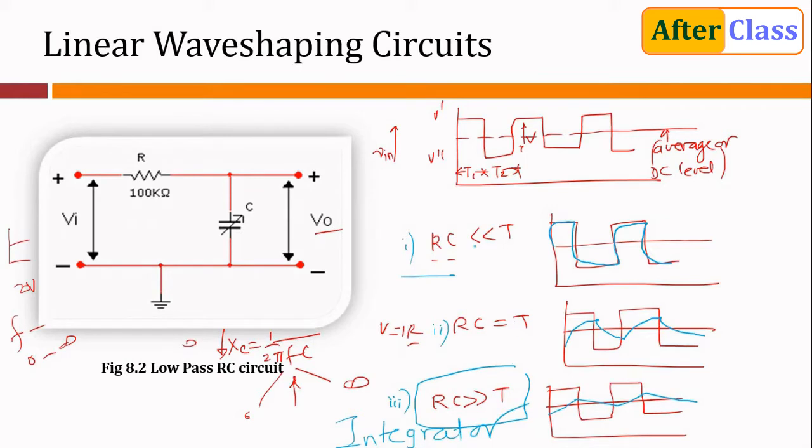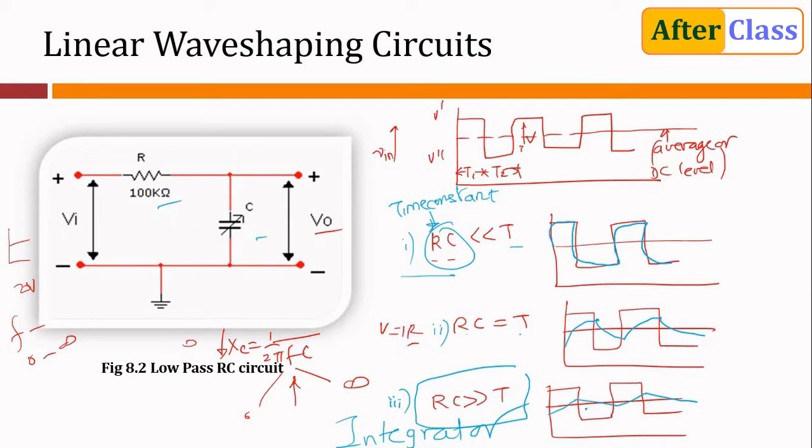Fine. Now, what is RC? This is a time constant. The product of R and C is the time constant, which can be found by multiplying the value of R with the value of C. So I am going to get some value in microseconds or milliseconds depending upon the powers here, and then T is from the frequency. So you can compare the two. There are three cases: RC equals T, RC very much less than T, RC very much greater than T. If this is 1 millisecond, this can be 10 milliseconds, so it is greater than T. In that case, we are going to get this as an output, that is a triangular wave.